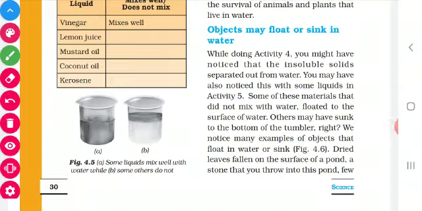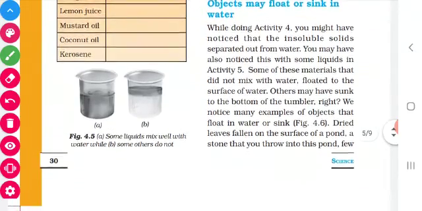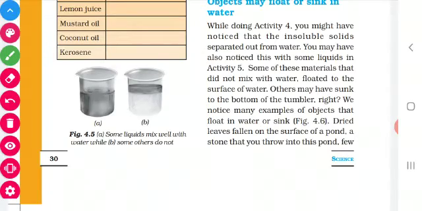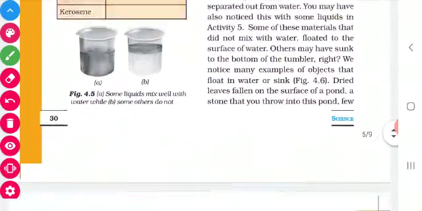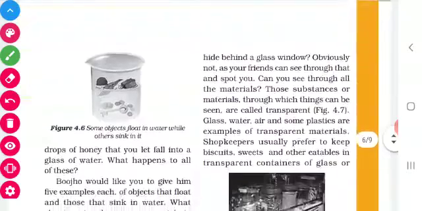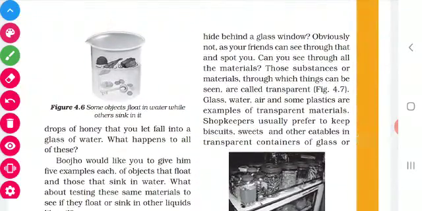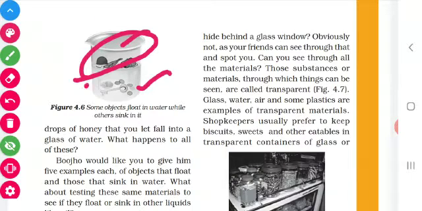For that we have to collect the objects. That object should be insoluble. They should not disappear in water. Listen children, see this. We have taken a variety of objects, isn't it? So what are the objects taken here? A leaf, a wood piece, a plastic ball, a key, then a coin, then some iron pieces